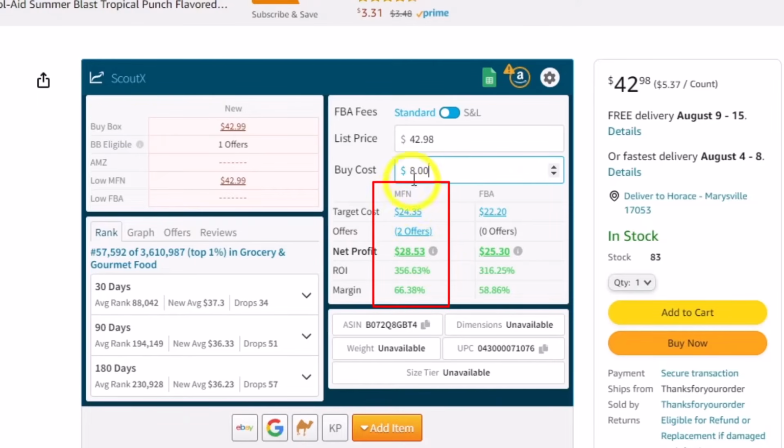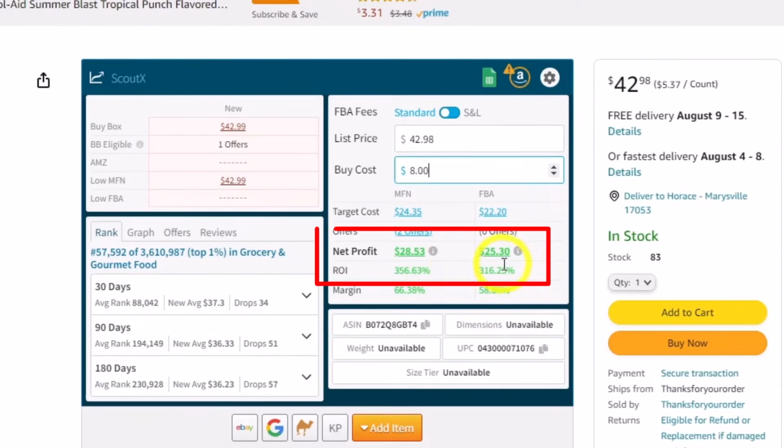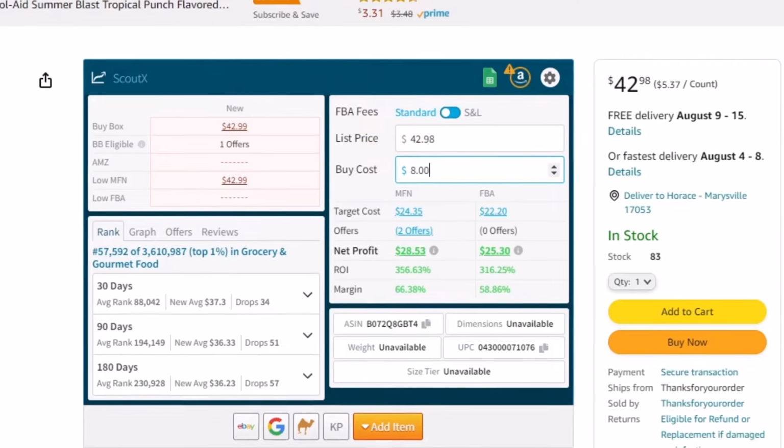And then this column would be if you were fulfilling the item yourself, shipping it yourself. And then this would be if you were going to go FBA. And you can see you can make pretty good profit on that, right? These are just estimates. You kind of want to really get into it, because you're going to notice each method might be slightly different.